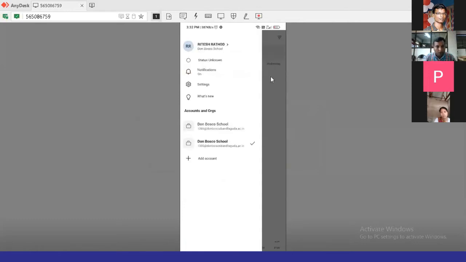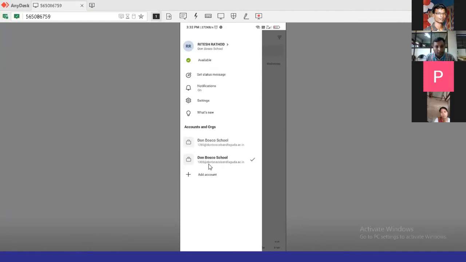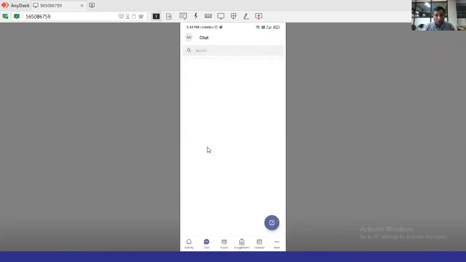I can create any number of logins. For example, if I have 2 kids at my house, I can use both users in one mobile phone by just clicking on the options below. Accordingly, the info changes here.